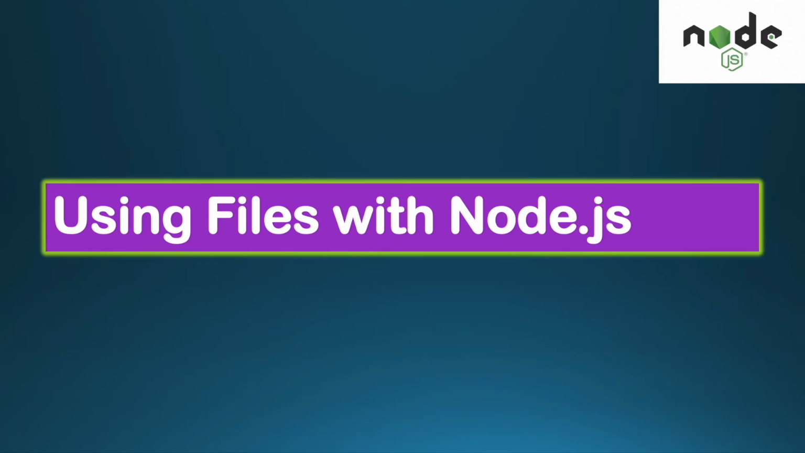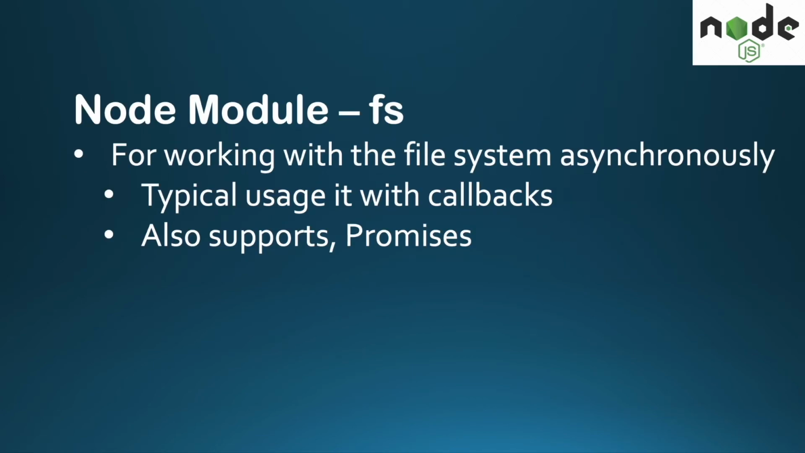In this video, we will learn how to use files with Node.js. Node has a module called fs, which is used for working with the file system asynchronously. Typically, there are two ways to work asynchronously. The first is with the use of callback functions, and the second is with promises. So in this video, we will learn how to use the Node module fs for working with the file system